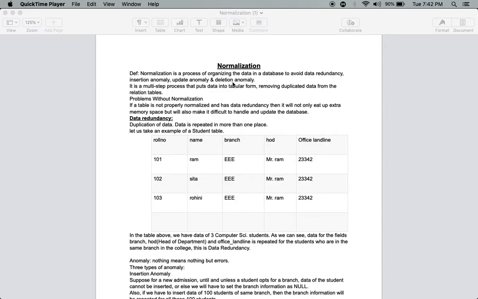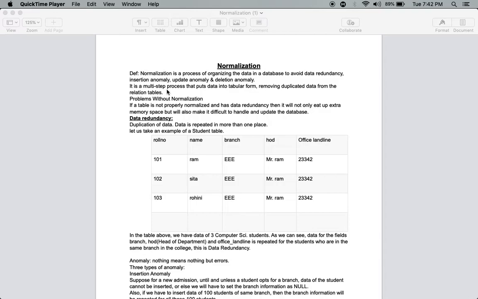So the main purpose of normalization is to avoid data redundancy and to reduce insertion anomaly, update anomaly and deletion anomaly.